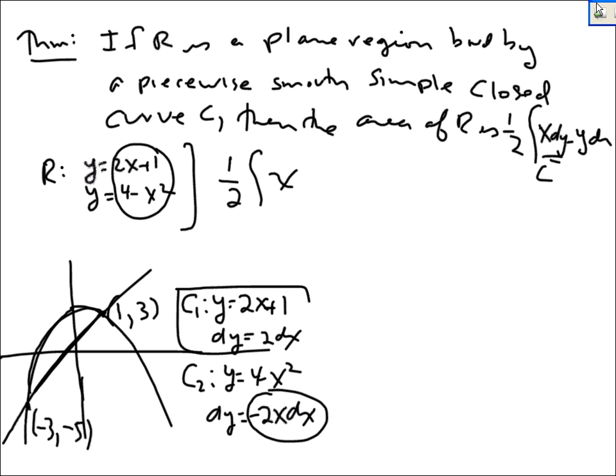We're going along path 1. We're actually going this way. So it's x times dy, but dy is 2 dx, minus y, which is 2x plus 1, times dx. So it's that integral